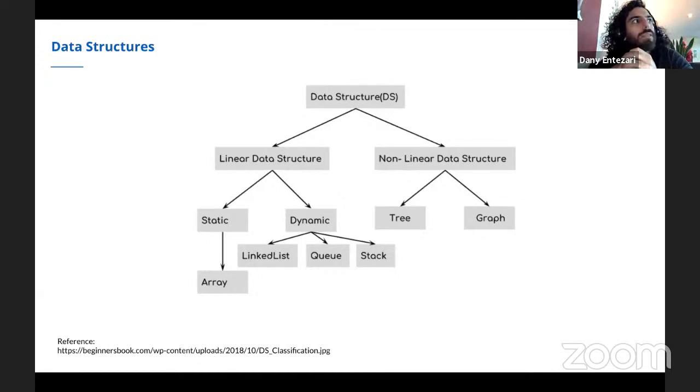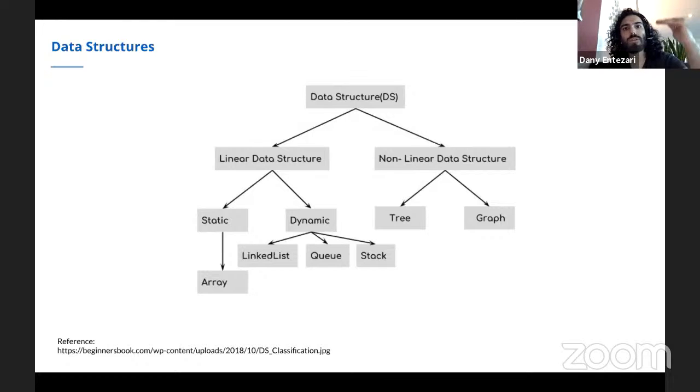Here's how to understand data structures. Before I talk about the slide, here's how to think about a data structure. Think about an Excel sheet. What does an Excel sheet look like? You have a bunch of columns and then a bunch of rows. So the columns, for example, can include the user's email address, their first name, their last name, date of birth, the company at which they work.